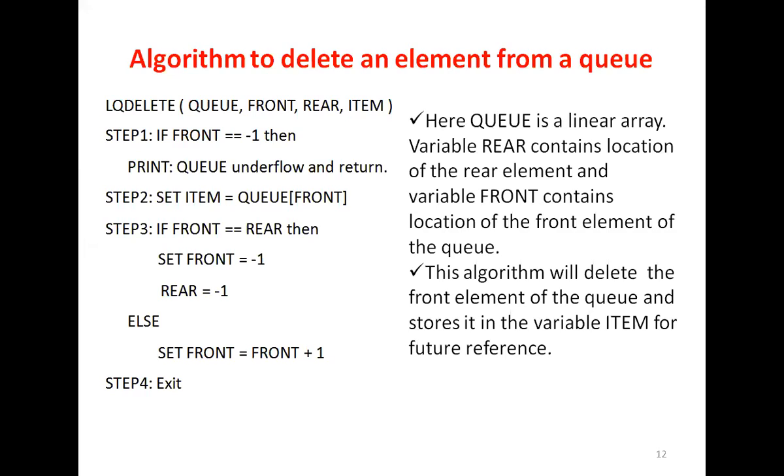So when the queue is empty, what to do? You just initialize front equals -1 and rear equals -1. We are deleting an item. The first condition checked is the front value: if front is -1, the queue is empty and you cannot delete. If this is not satisfied, some elements are there, so you delete. Before deleting, you assign the value to item. Then if front equals rear, you do this. Otherwise, if front is not equal to rear, you just increment the value of front: set front equals front plus 1. Then exit. So this is the algorithm for the deletion operation in the queue.